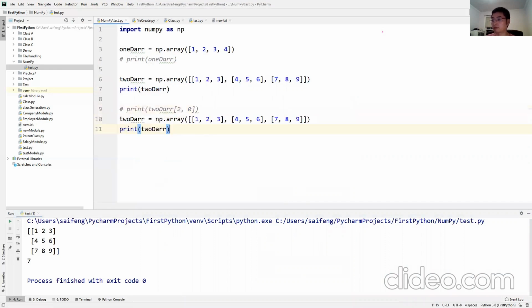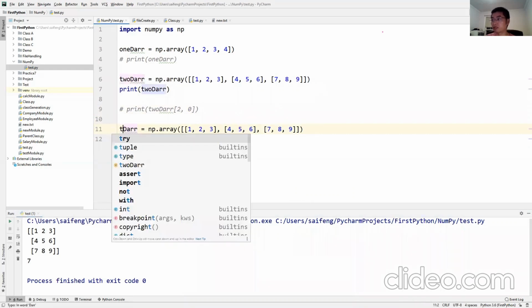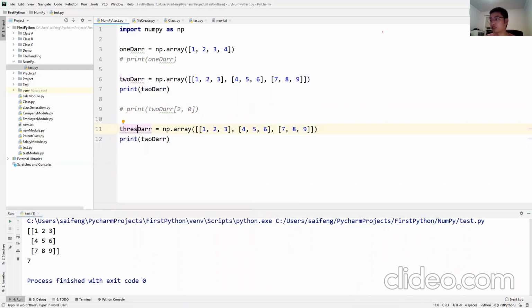From a 1D array to a 2D array, every element becomes another array. Same thing here: from 2D to 3D, every element becomes another array.